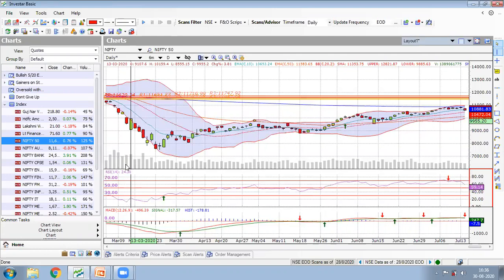I'm using the software called Investor. This is the basic version of Investor. So this is the RSI. If you focus on the RSI levels, all these levels are sub 30. This is 14, this is 15, this is 18. If you see, they have been coming down consistently, but they are still below 30. Should I enter? No, I should not enter.